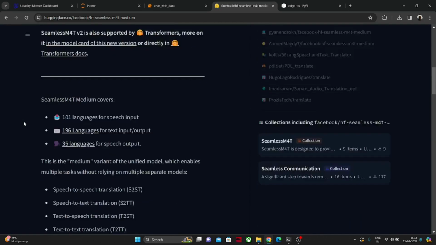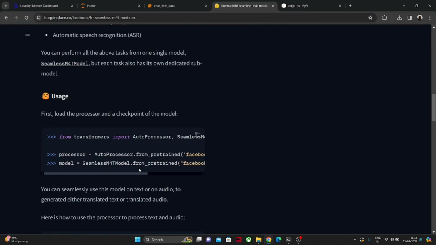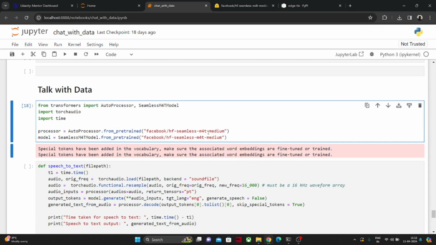The importing code is already written in this. If you go in the down section of this page, here it is written. I have used the same code. For that part, we need to import three things. One is from the transformer library, AutoProcessor and SeamlessM4T model. AutoProcessor will basically process the audio that we will record. SeamlessM4T model, it is basically the speech to text model, which will